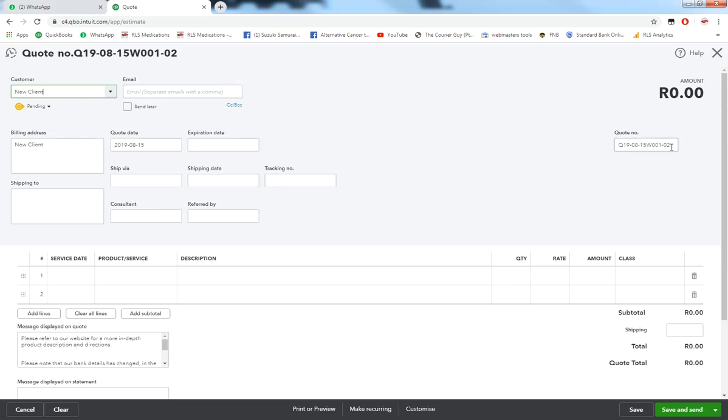The first part is your quote number. Very similar to the old system, we've got Q as the estimate. It used to be EST, now it's Q. We leave out the 20 of 2019 just to make it a bit shorter. So it's